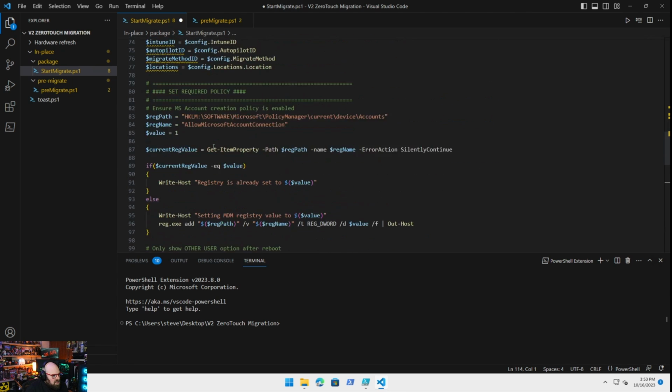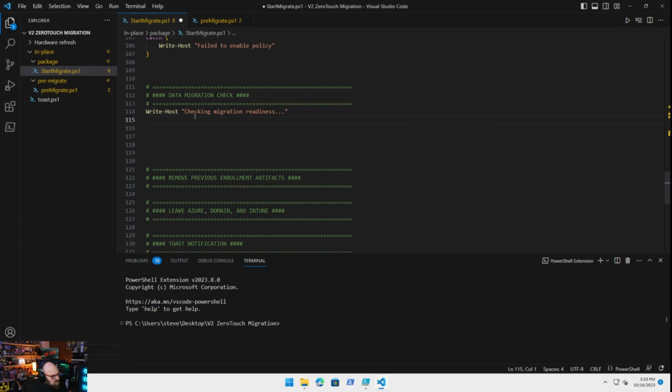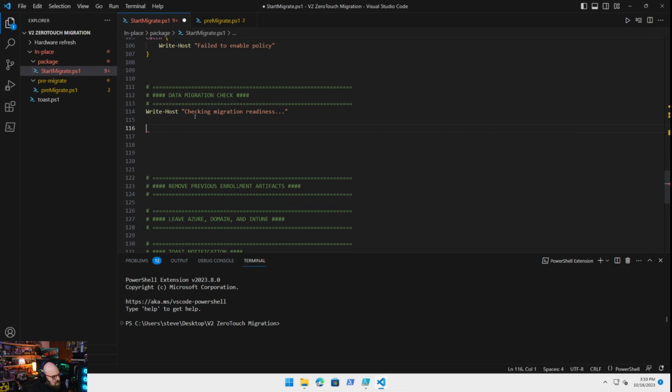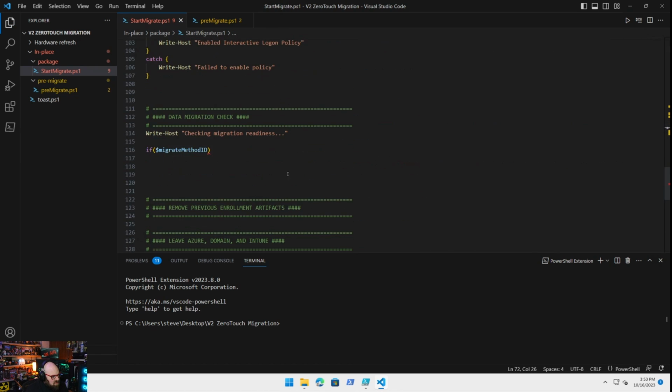So let's go ahead and begin the check. We are saying write-host checking migration readiness. So we'll start by saying if migrate method, did I say ID? Oh, I did. That does not need to be ID. That could simply be migrate method. Look at me. Who caught that, I wonder? How many of you did? If migrate method is equal to local,